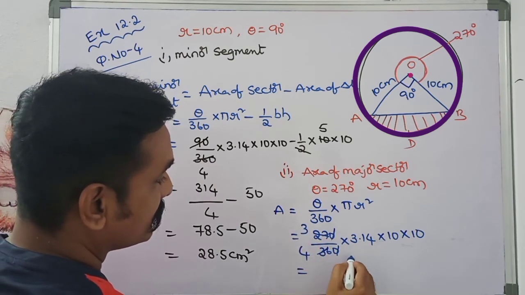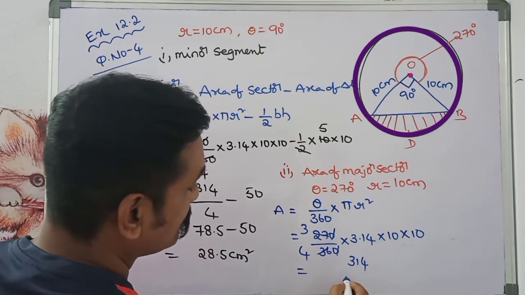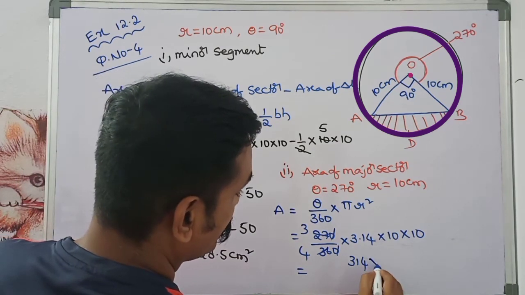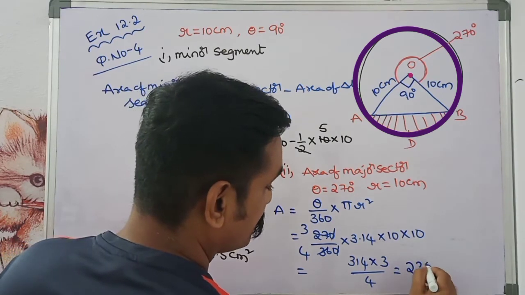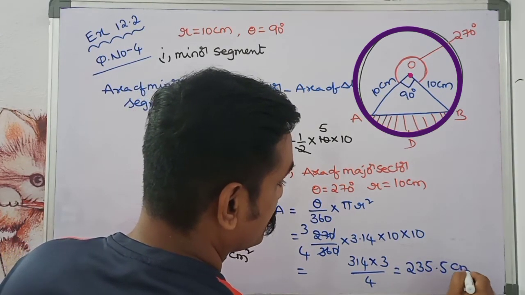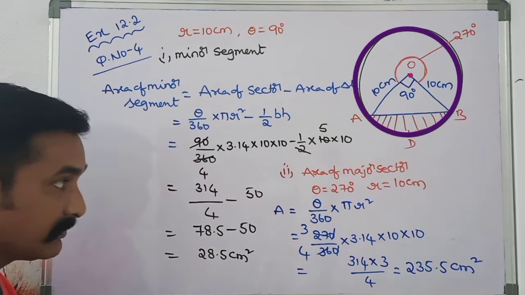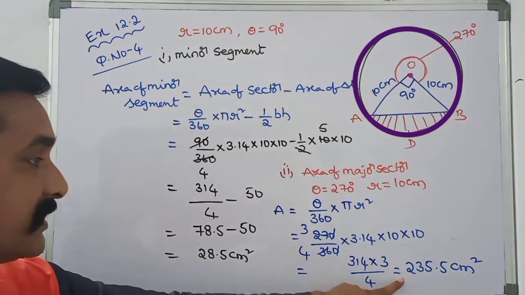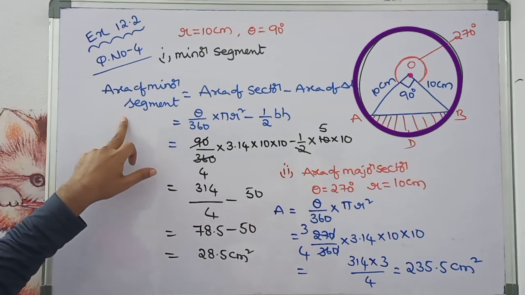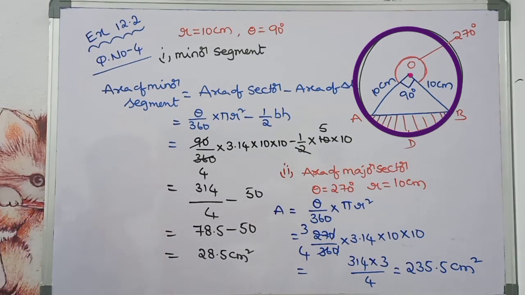So now 314 into 3 by 4 is 235.5 centimeter square. Therefore the area of the major sector equals 235.5 centimeter square and the area of the minor segment equals